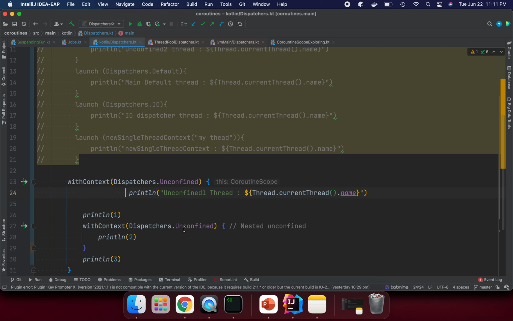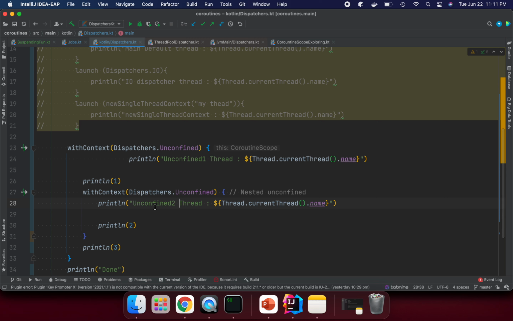Control C, and we are again nesting one more thread here, 2. And we can say here we are outside, right? So what thread is going on outside?